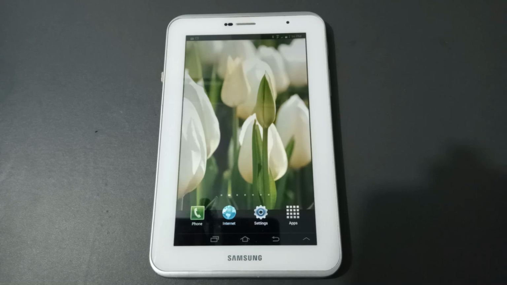Friends, today in this video I'm going to show you how to set lock screen wallpaper on Samsung